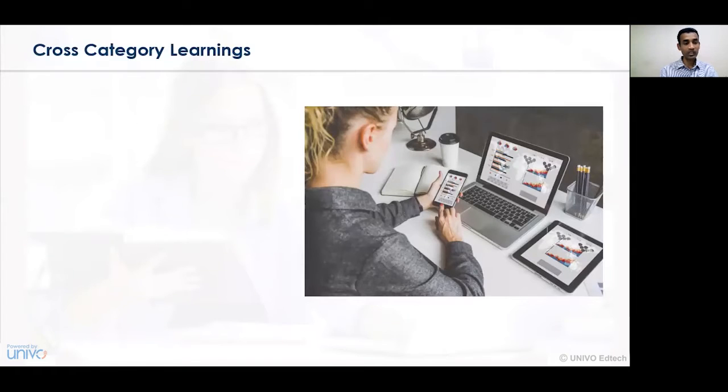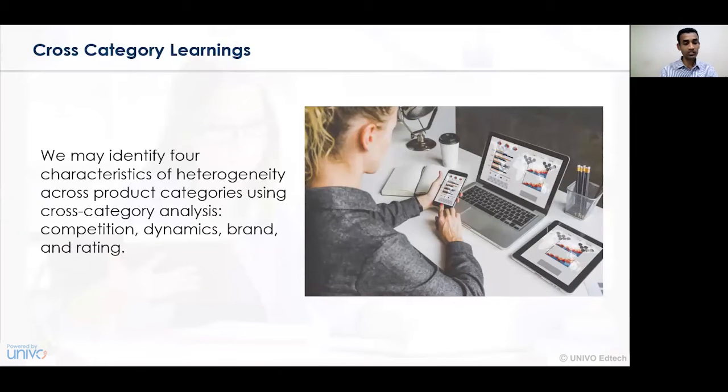Now let us begin our learning by understanding cross-category learnings. In a business organization, we always see that a particular specialized activity is being undertaken. A person who is a marketing expert continues his activity in marketing. A person who is good in mathematics, analytics, or Excel always undertakes the activities of the finance department. A person who is good in law or litigation matters always deals with the legal department or the HR department.